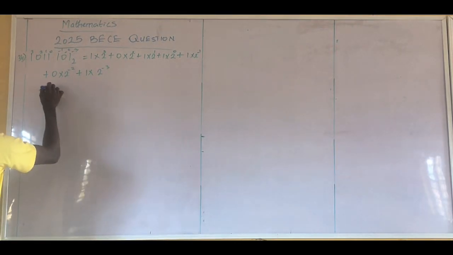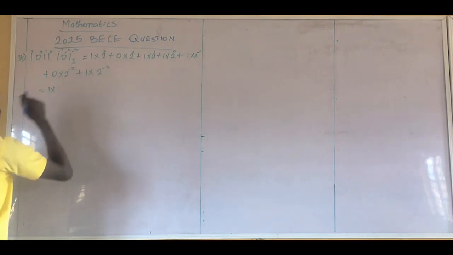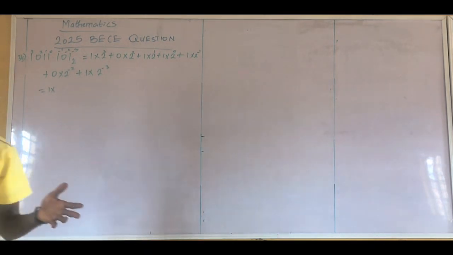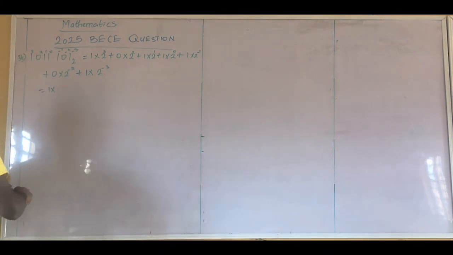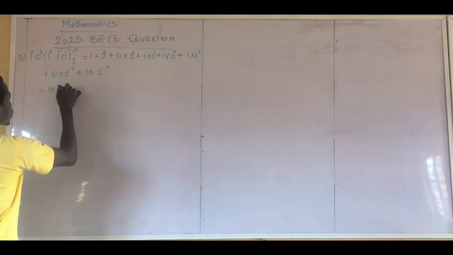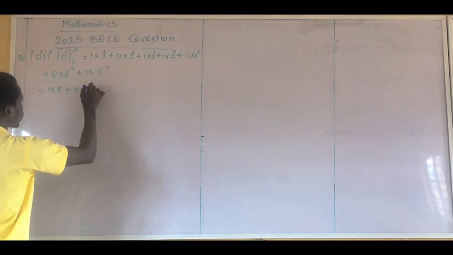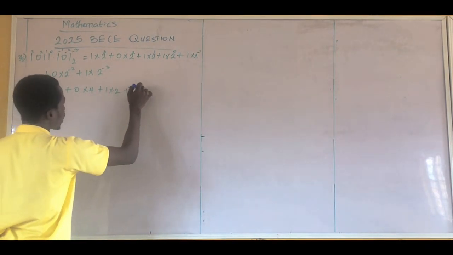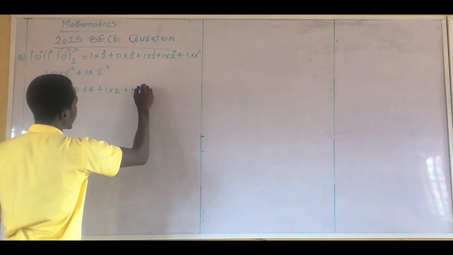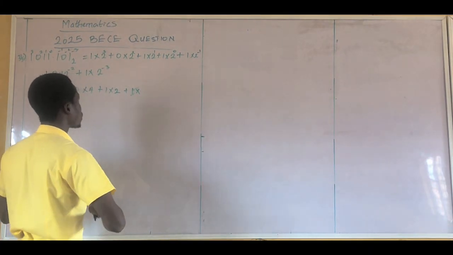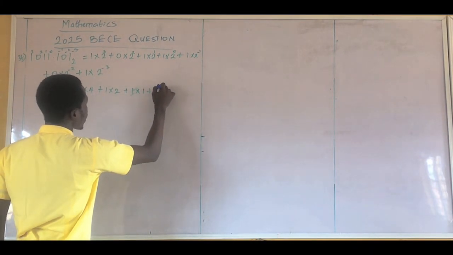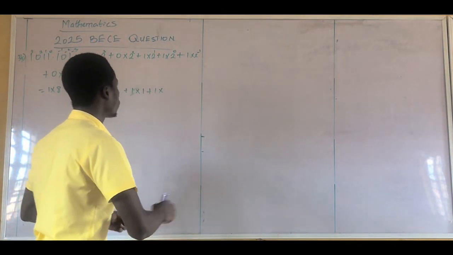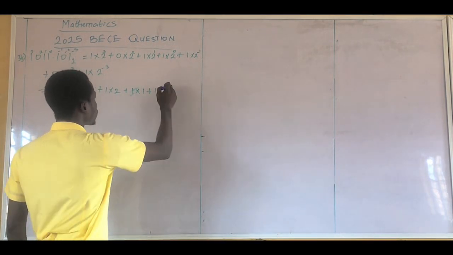So we're going to have 1 times 2 raised to the power 3, which is going to give us 2 times 2 times 2. Don't make the mistake of doing 2 times 3, 6. That is what many do. So you have to do 2 times 2, 4, 4 times 2, 8. So plus 0 times 2 times 2, which is 4. Plus 1 times 2 raised to the power 1, which is 2. Plus 1 times 2 raised to the power 0. Anything raised to the power 0 is 1. Plus 1 times, this is an indical expression. So you have to convert 2 raised to the power minus 1 back to